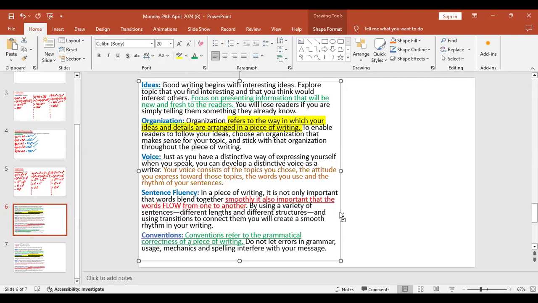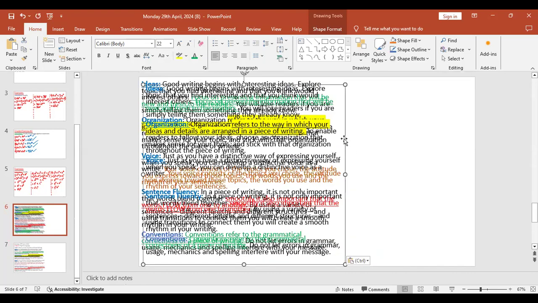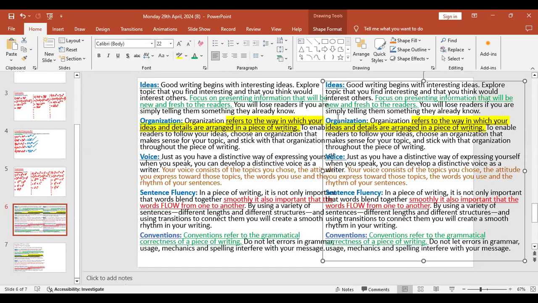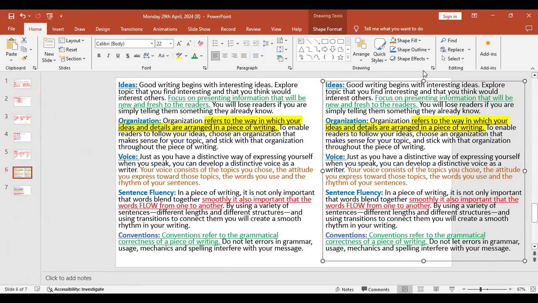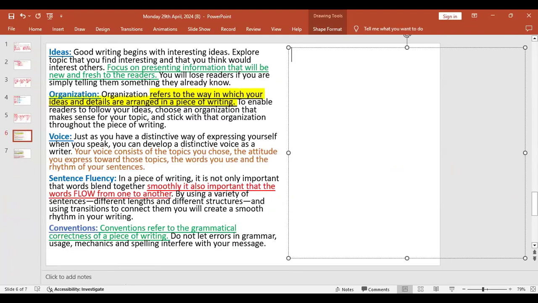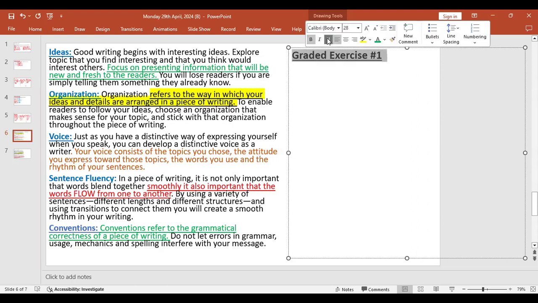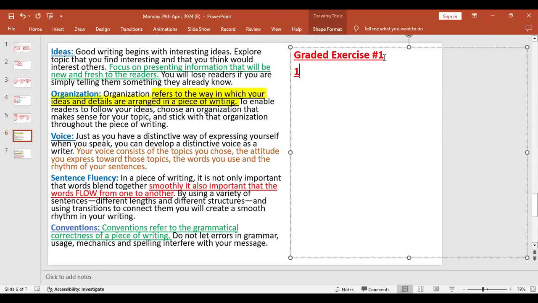Okay, good. So let's move on to the grade exercise. You're gonna answer questions based off of the information just discussed. So let's do that. Grade exercise. Number 1. Again, once you finish with this, take a picture of your work and send it to me via WhatsApp, but let's answer these questions. Number 1.